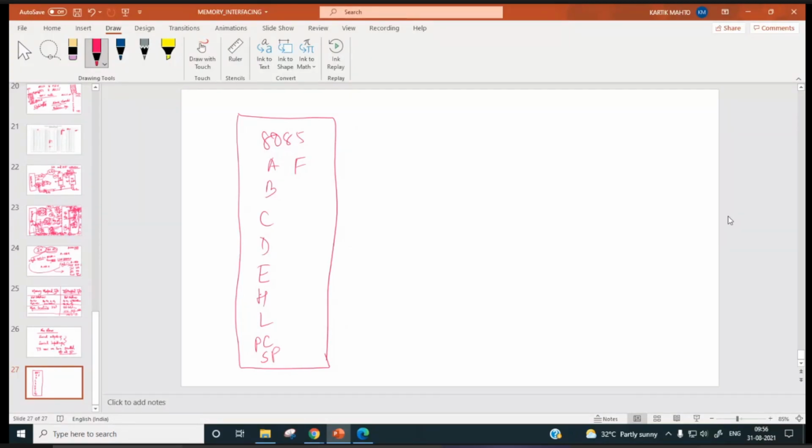Even some temporary registers like WZ, so many registers are there which are not mentioned in the architecture. We will discuss in the next class what those registers are. So suppose it has to output data parallelly. Suppose here we have 8-bit data, D0 to D7. Via which pin will this data be outputted?